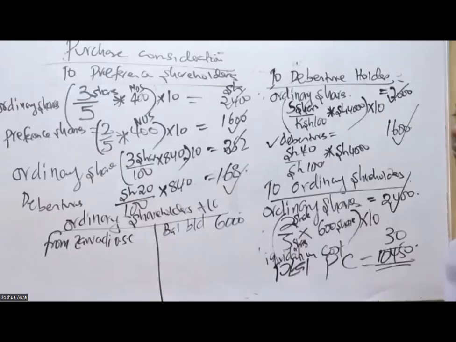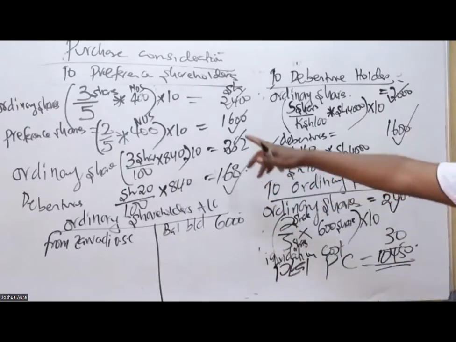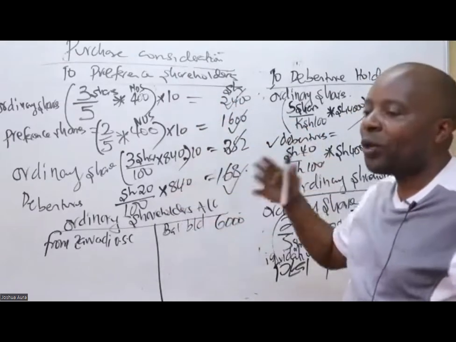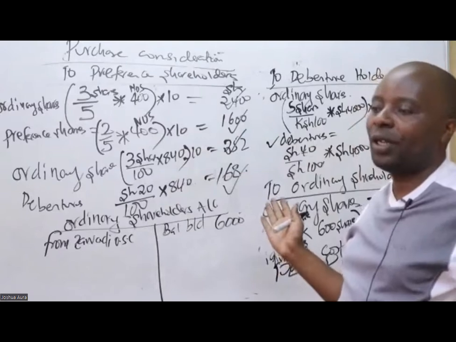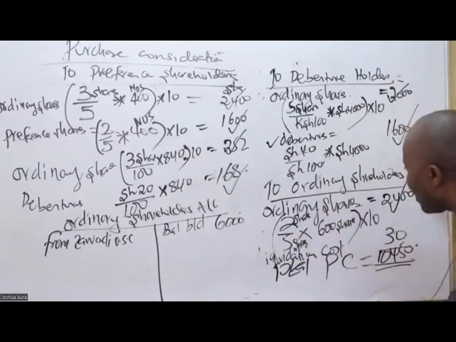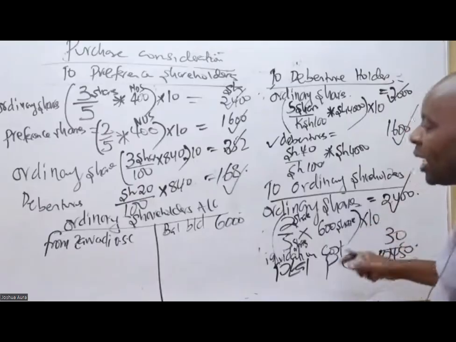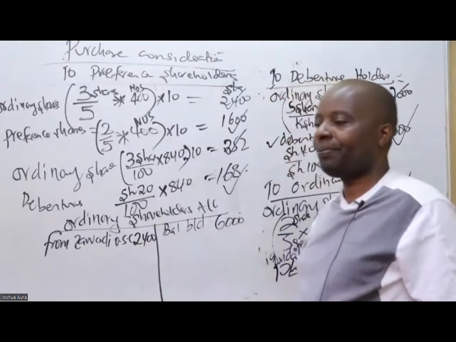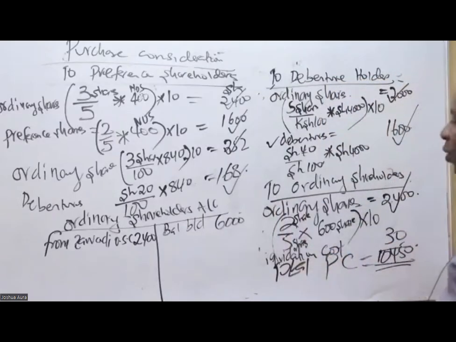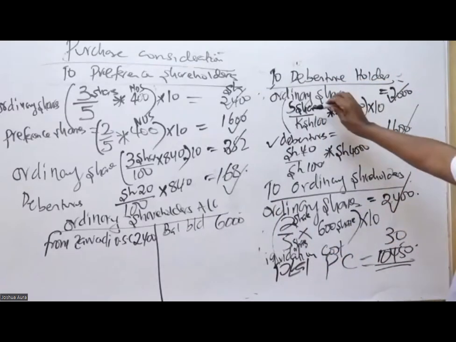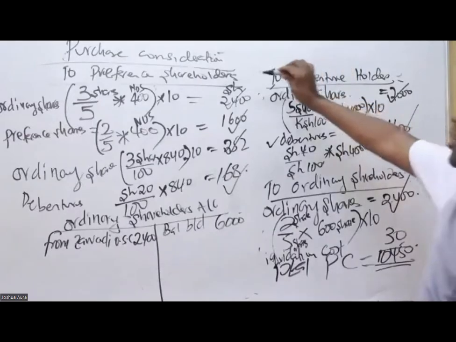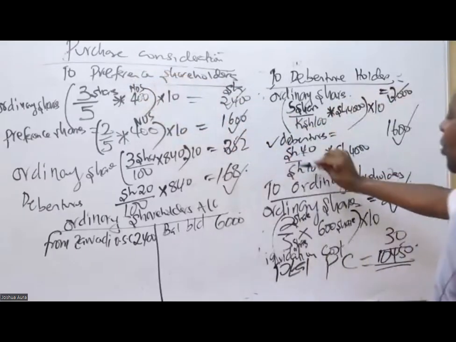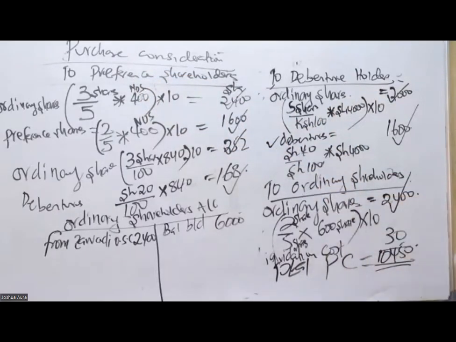7052, sure, no. No, I know what you guys are saying. You know, some of these 7052 went to the preference shareholders. So we are looking at ordinary shareholders. Ordinary here to ordinary shareholders. The ordinary shareholders here only got 2,400. Thank you very much. That's the only thing they got. Some of the ordinary shares went to debenture holders. We shall be handling them when we go to these classes. This went to preference shareholders. Now here we are looking at ordinary shareholders.